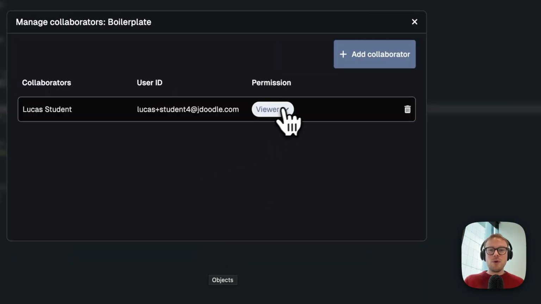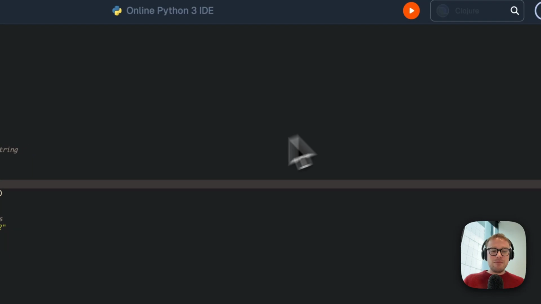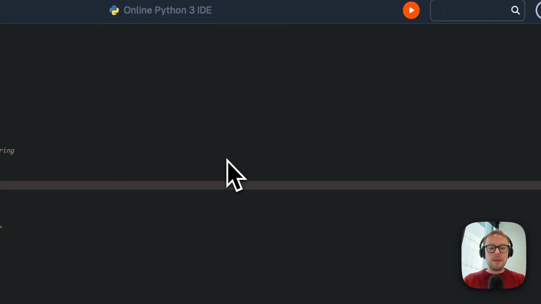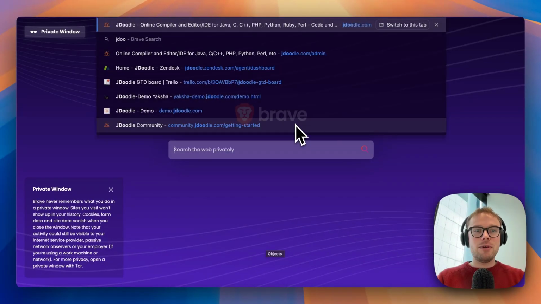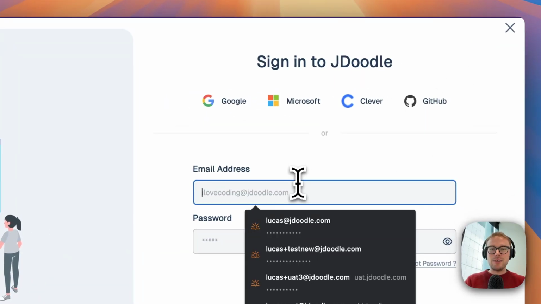Okay, so student 4 by default now has view-only permissions. We're revamping this feature so that you'll be able to invite student groups or groups of people, multiple people at a time. But for now, here I've invited this student as a viewer. And that then means that if I open up an incognito window and I log in as Lucas student 4,